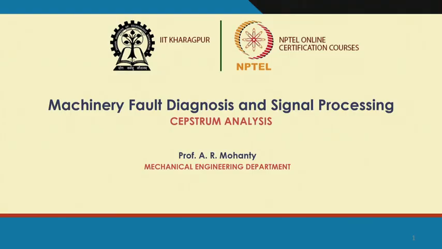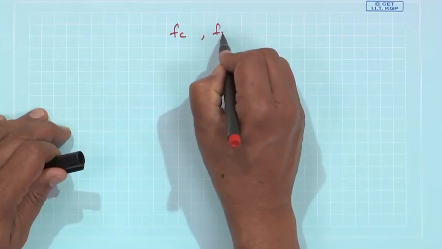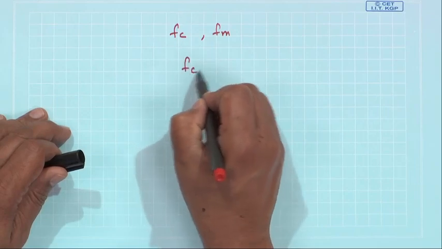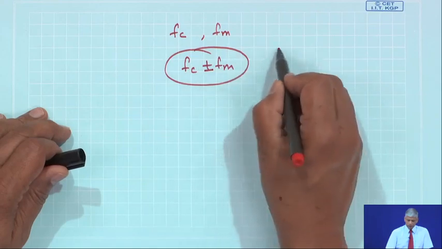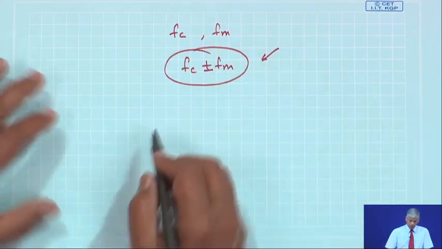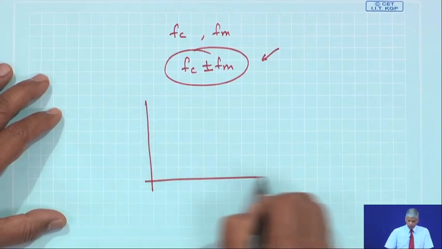Yeah, in this lecture, we are going to start talking about Cepstrum analysis. By now we have seen that there are many instances where signals are modulated. If you have modulations, we get sidebands on a signal. So if I have a carrier frequency and a modulated frequency, I will have sidebands around the signal. If I look at the frequency domain transformation of a signal,